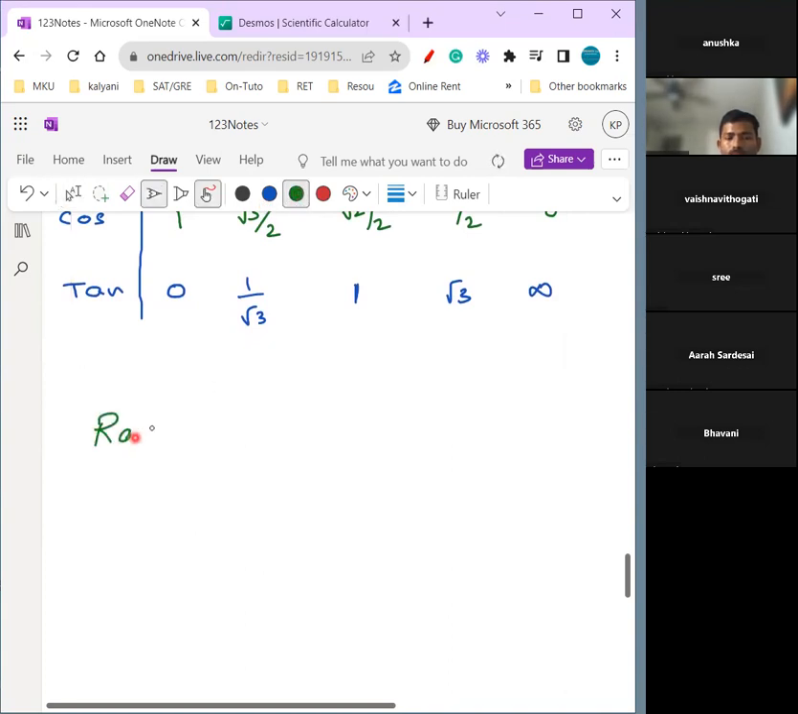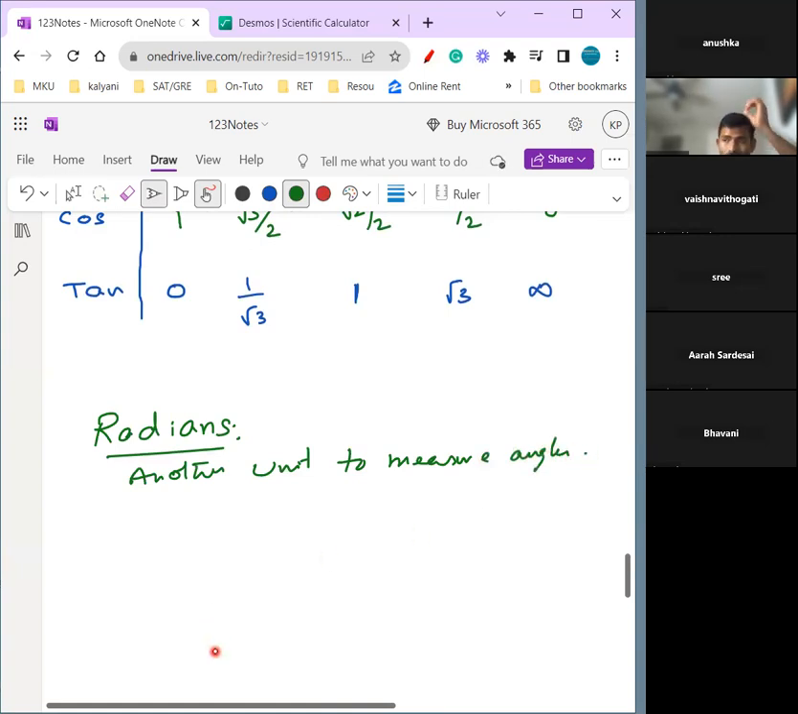Radians. So radians is basically another unit for measuring angles, okay? Another unit to measure angles. Just like if you come to the United States, you have a driving, if you drive, you say